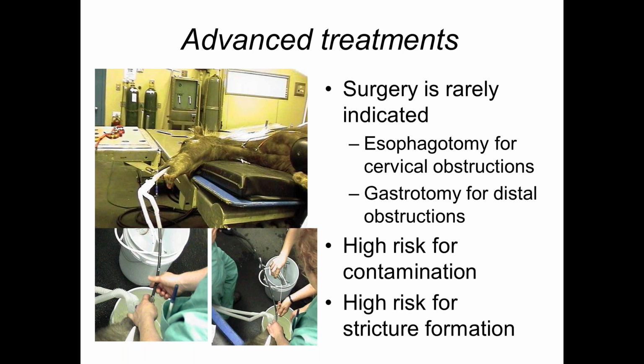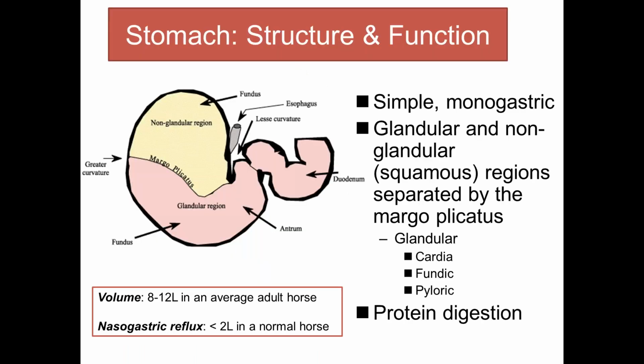I, fortunately, knock on wood, have never had to resort to anything like this, like a gastrotomy, which is where we actually have to open the stomach and go back up the other way to relieve the obstruction. I have colleagues that have told me they've had to do it, not specific to a Frisian, but in general with bad chokes. Stomach surgery almost never is a good thing in a horse. Moving on into the stomach,